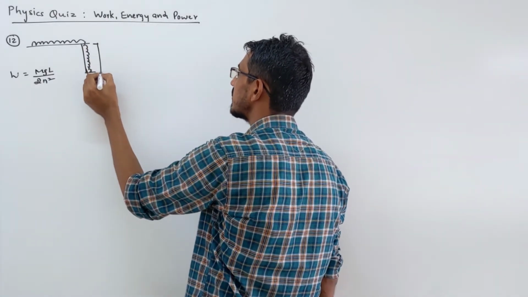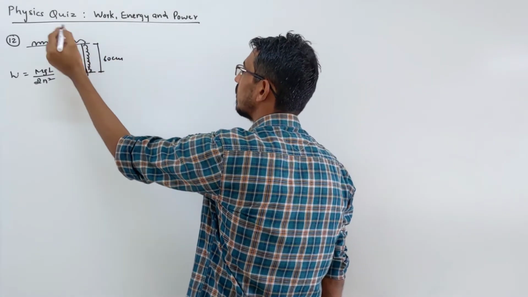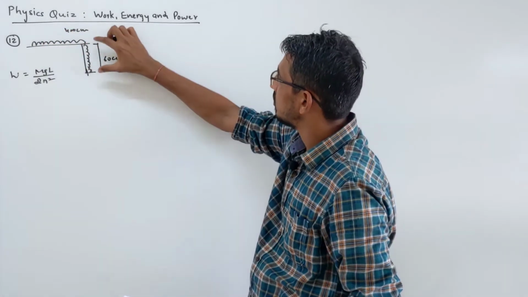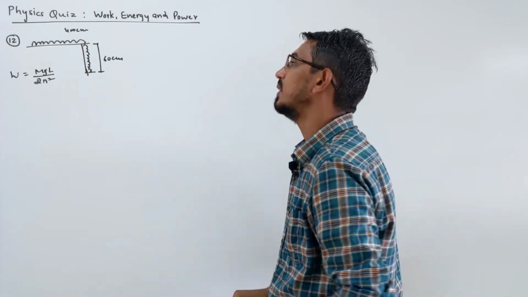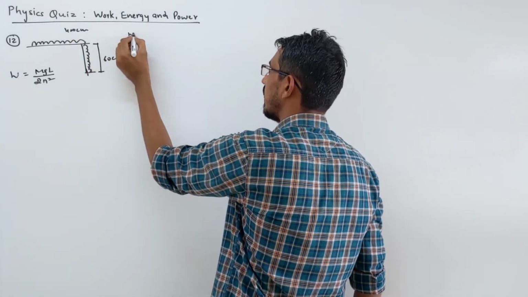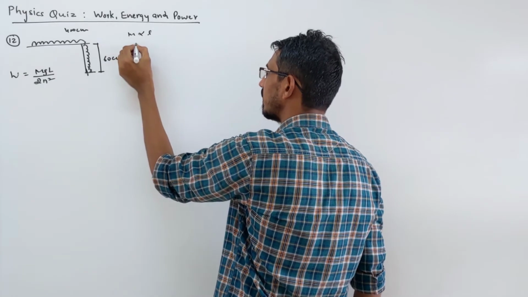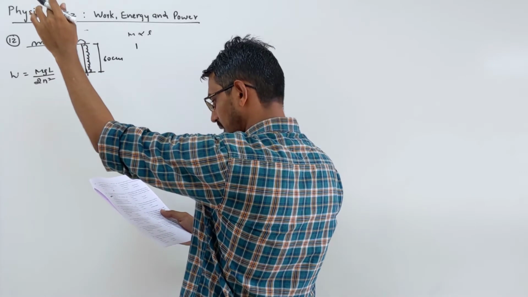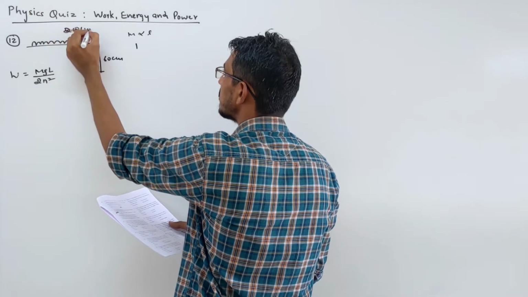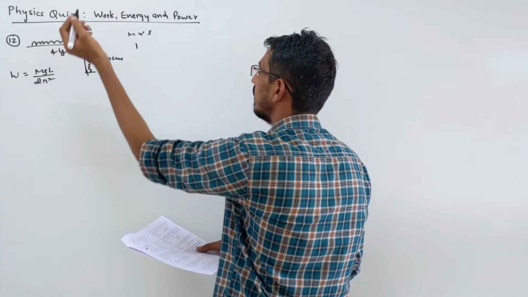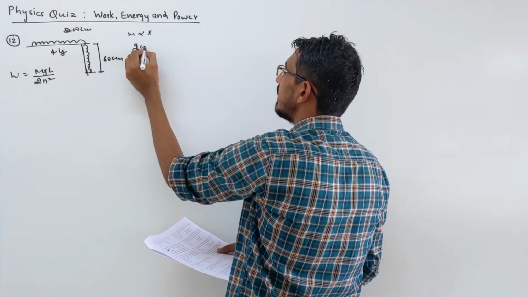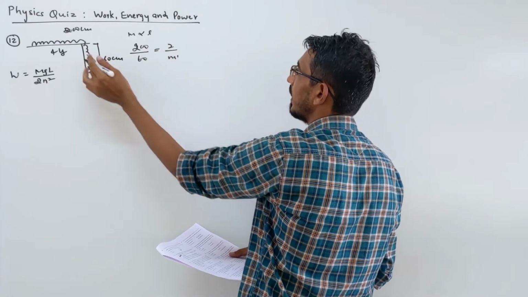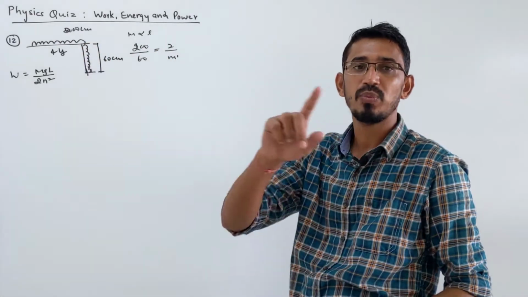The hanging length is given as 60 centimeters, and the total length is given as 2 meters or 200 centimeters. So first you have to calculate the mass of this much piece you are pulling. What is the mass of this? Mass is proportional to length. Length is given as 200 centimeters, which means 2 meters. Total mass is given. So total length is 200 centimeters and the new length is 60 centimeters. This m you want to calculate, the mass of the hanging part. Mass is proportional to length.